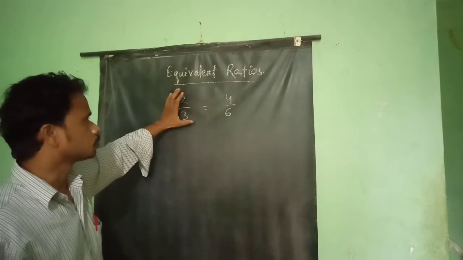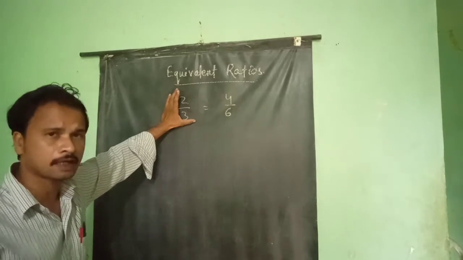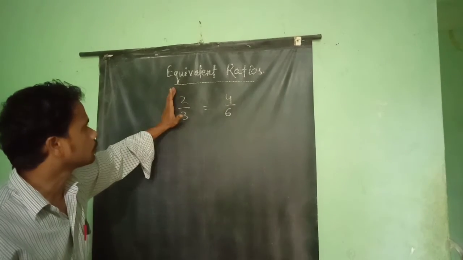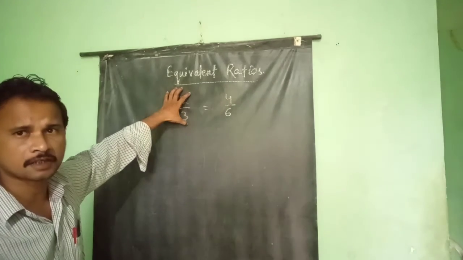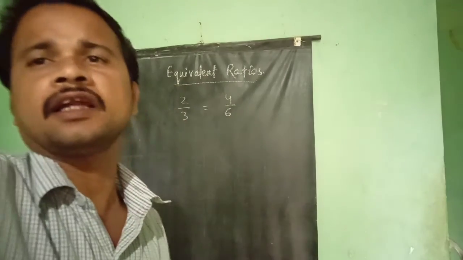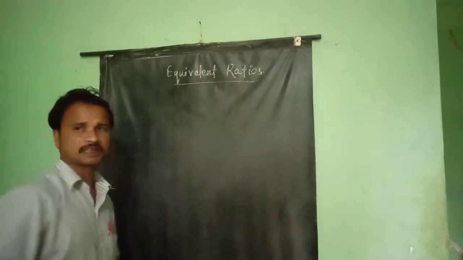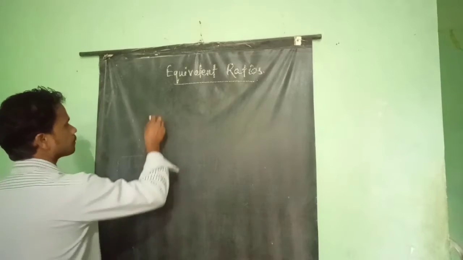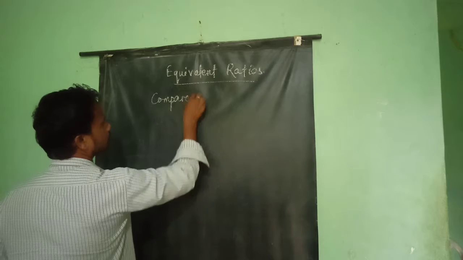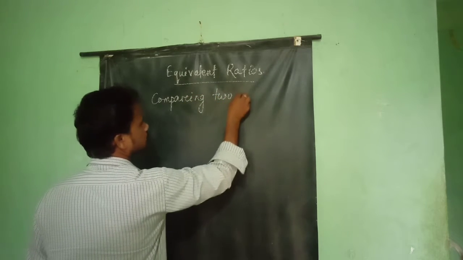And which is greater fraction, which is smaller fraction, you also know it very well. So this time the same thing will be repeated during ratios. So while comparing two ratios, पहले हम जानते हैं comparing two ratios और उस पे हमारा फ्रैक्शन का भी रिकॉल हो जाएगा। तो कंपेयरिंग टू ratios.